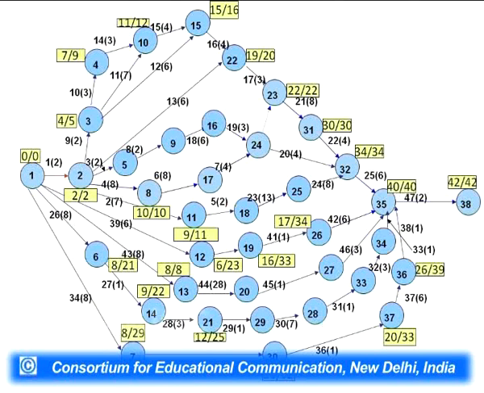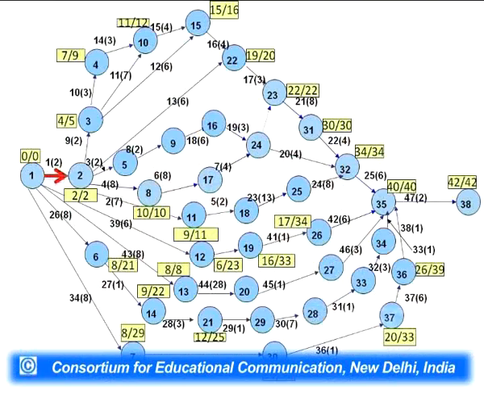Here we have in all 38 nodes and 47 activities. Look at this chart. On each node we have a milestone telling us the early start time and the late start time. The nodes which have these timings equal lie on the critical path. Now we will trace the critical path also with these red arrows. All those which have the same timings as far as early start time and late start time are concerned will fall on this particular critical path.